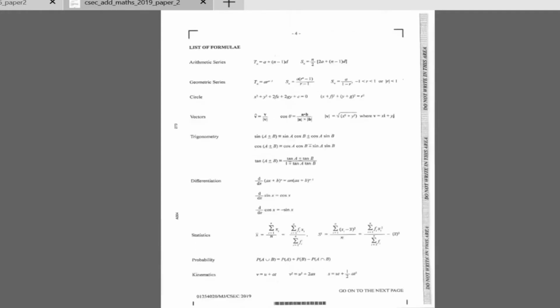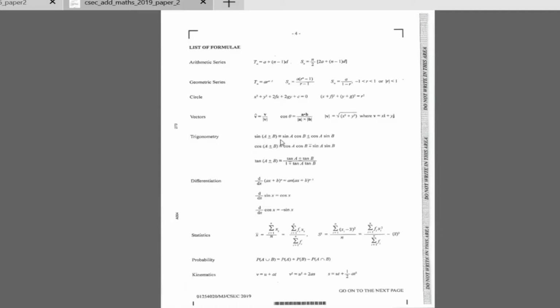So this is a list of the formulae that you should know. How to find any term of an arithmetic sequence or series, finding the sum of an arithmetic series, finding any term of a geometric series, sum of n terms of a geometric progression, sum to infinity, equations of a circle. Then when you put it in standard form, you have the unit vector, how to find the cosine of an angle, which is a dot product over their norms, how to find the magnitude of a vector,